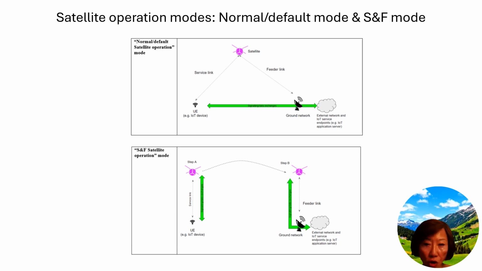So what is this showing us? The diagram shows how an IoT device can communicate with its corresponding application server in the cloud, in the ground station, through a satellite network. The satellite acts as a relay point, bridging the communication between remote IoT devices and the ground network. So there's a two-stage link. The communication is divided into two main links, I should say. The service link, which is device to satellite, and the feeder link, satellite to ground network.